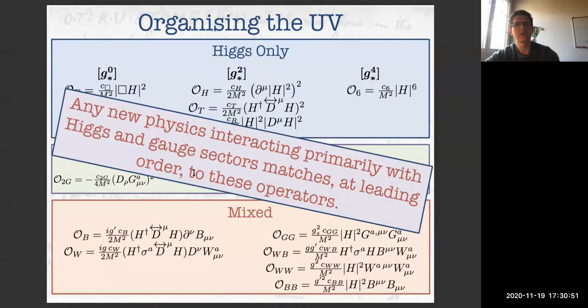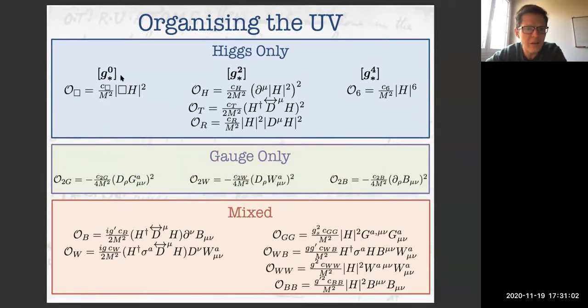So it's useful then to organize all of these operators not just by mass dimension, engineering dimension, which I've done here. These are all dimension 6, but also in terms of their coupling dimension. And then this operator here, you can see, is very special. So if you have new physics in the Higgs sector, you will generate all of these operators. If it's just in the Higgs and electroweak gauge sector, not if it interacts with fermions, but at leading order, if it just interacts with Higgs and bosons, these are the operators you generate. And you'll recognize a lot.